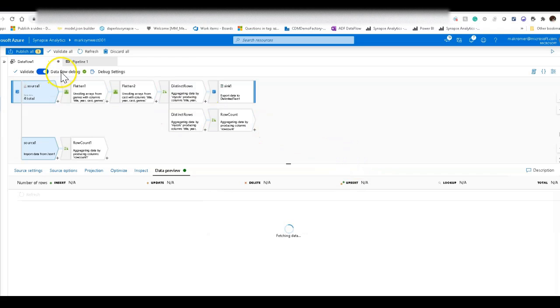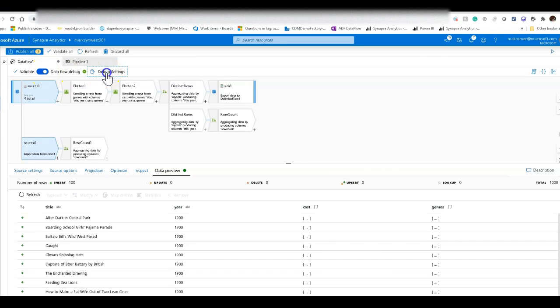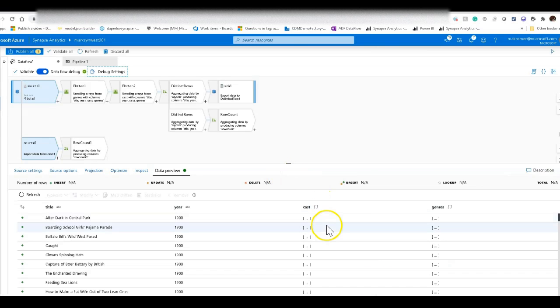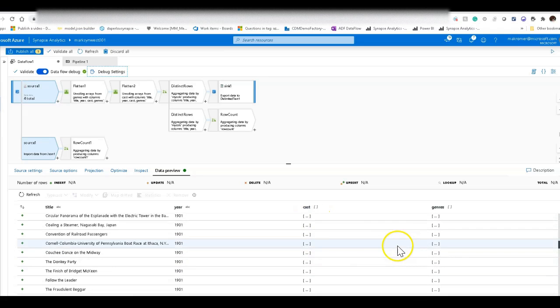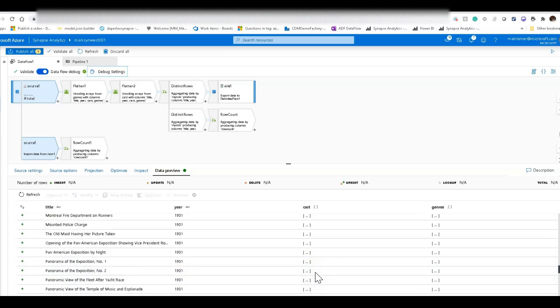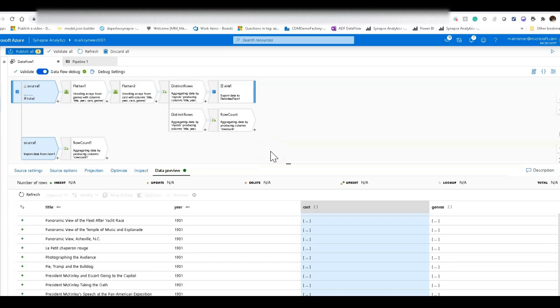So I have my data flow debug session turned on. That's already switched on. I've actually already adjusted my debug settings. Actually, let me make this a little bit higher. I'm going to go up to 10,000 rows. I'm going to save that. So this is your first testing chance. This is really a way to look at the data and validate that what's in memory through the data frames is what you are looking for. So that's just a logic test. That's a smoke test to make sure the data is there.